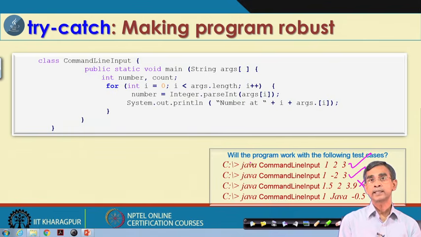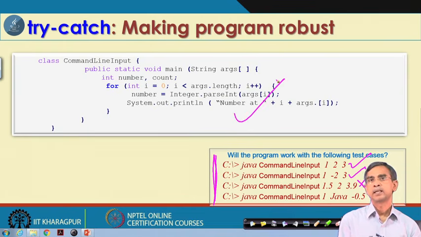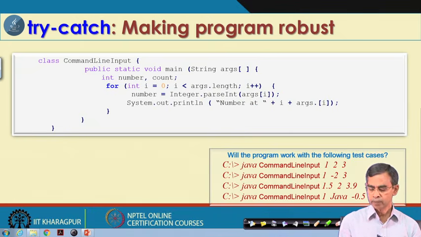Anyway, as an exception handling mechanism, it is our duty and responsibility that whatever inputs the user gives, the program still works. That means for correct input it will definitely work correctly, but for wrong input passed to the program, it should take care of it and then report to the user accordingly. So, this is the concept of the simple try catch block in your Java program.